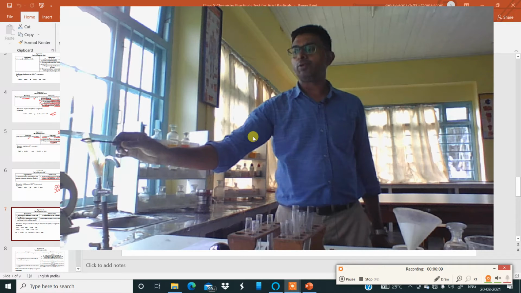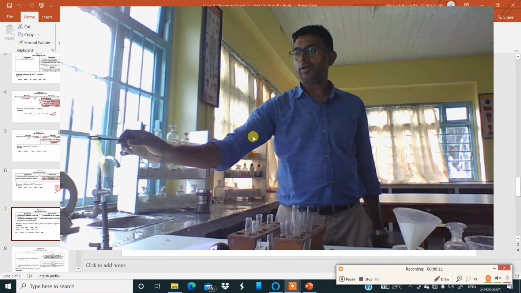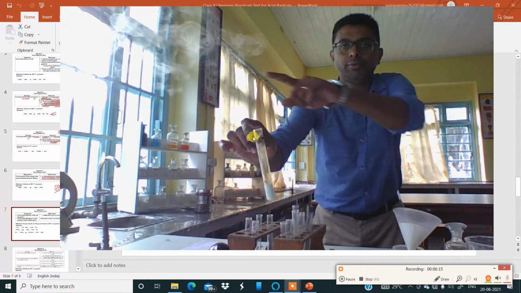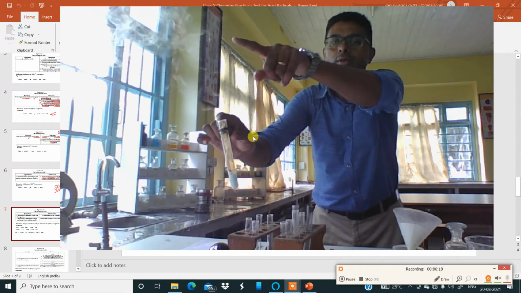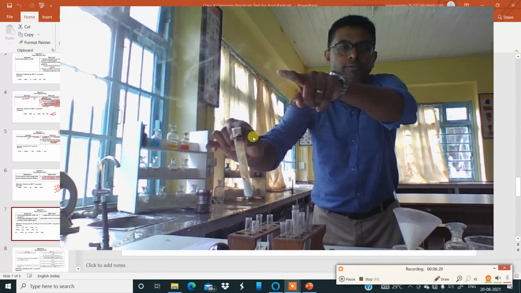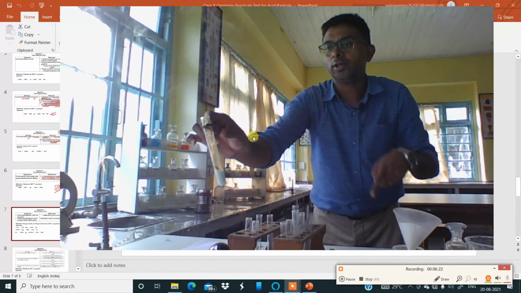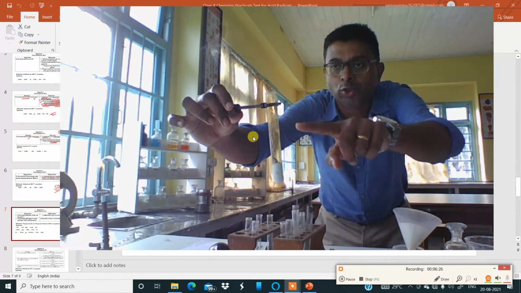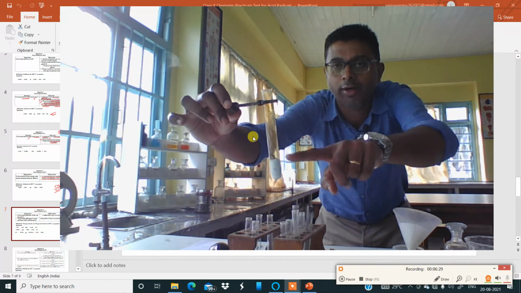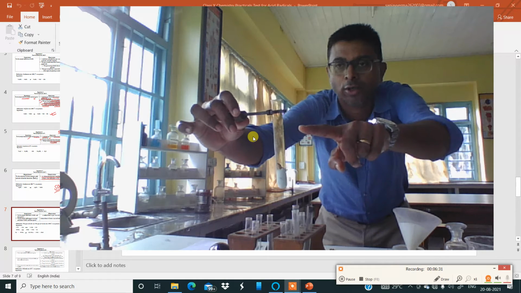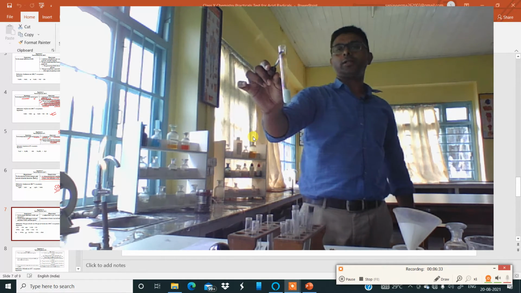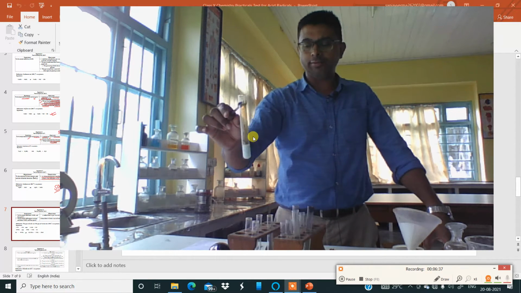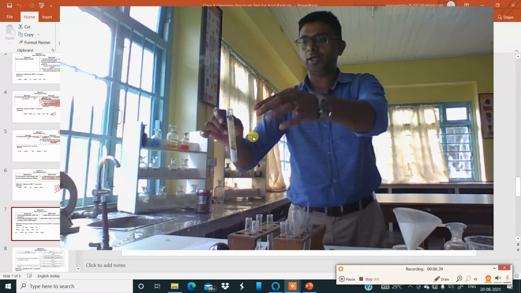The room is very bright, that's why it is difficult for us to see the color of the nitrogen dioxide gas, but the fume which you see is brown in color. Fumes are nicely available. You can see the test tube, even the clearer parts of the test tube, have turned light brown in color. So this is the first test for nitrate ion, to identify nitrate ion in the given sample. Okay, so this is done.